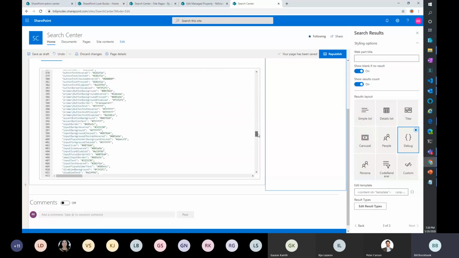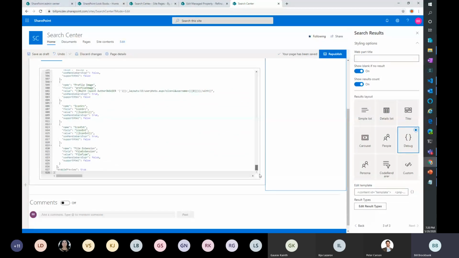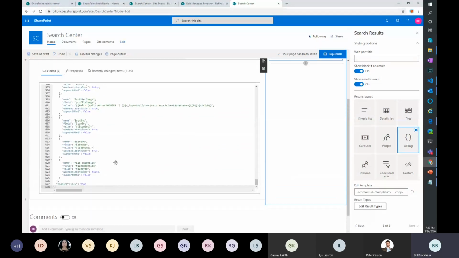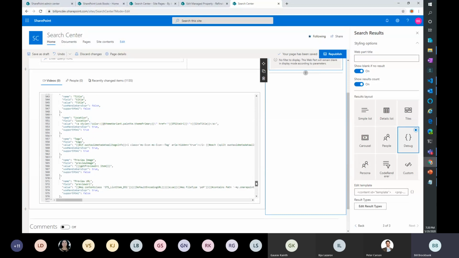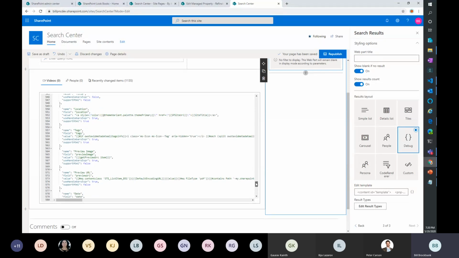When I get down to the bottom, you'll see there are no results in. So there's a place for results. Where did they put it? We'll see in a second when I actually do a query, but you'll see that it gives me a lot of information about everything that's in there. There's a collection of preview image, how it works. So this is almost like a process, almost like a helper. You'll be able to get your preview images for the URL, and it goes through and parses and puts that value in for you. They've done a lot of work so you don't have to do a lot of work in customizations.